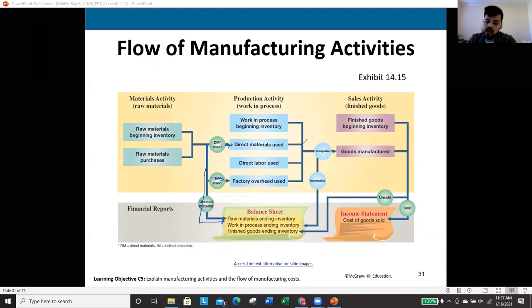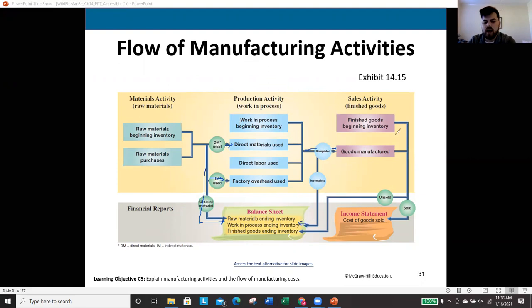Now, in the next area, you got your production activity. So you got your work in process beginning inventory, plus your direct materials used, direct labor, and factory overhead. In the event the product is completed, it will run through to goods manufactured. In the event your product is incomplete, then these costs will run into what is called work in process ending